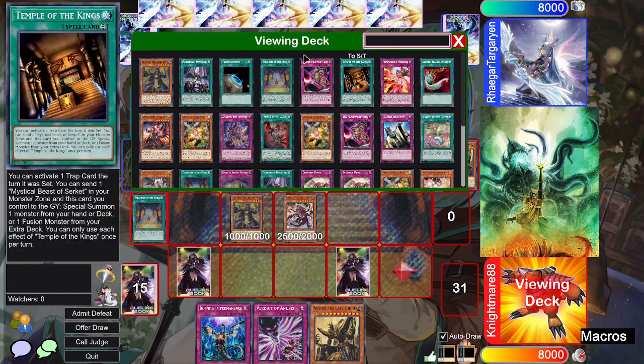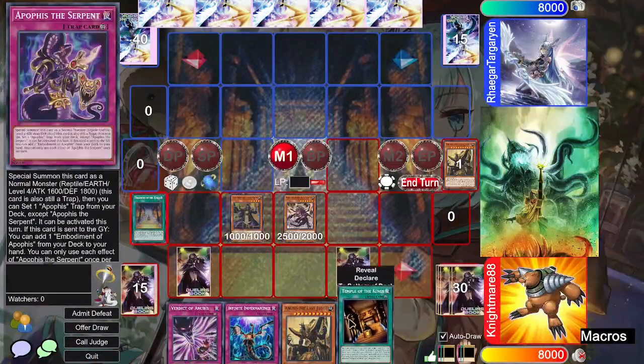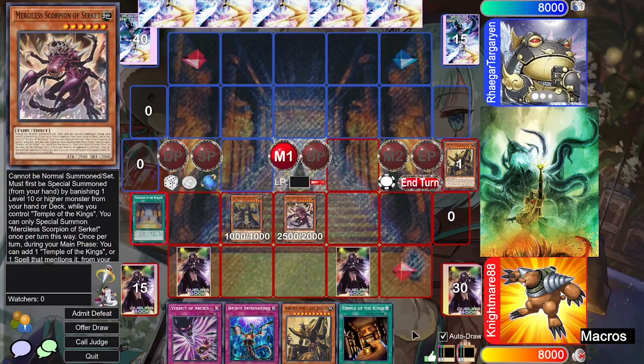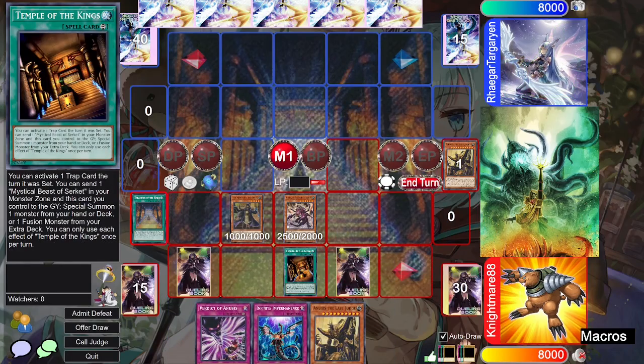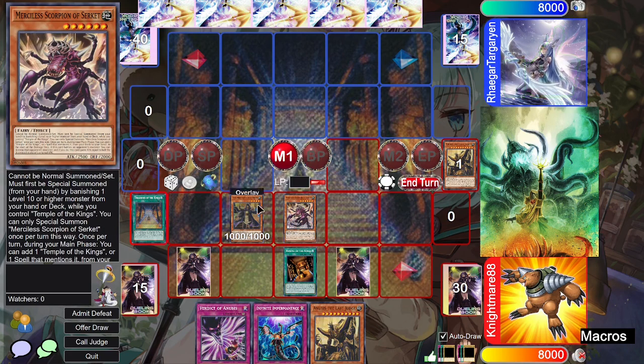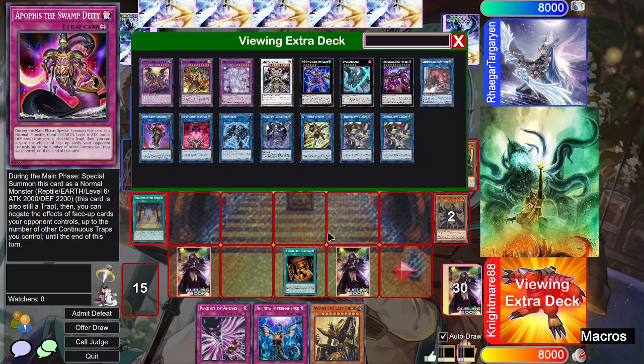Okay, so Merciless is grabbing us Temple of the Kings. We will... Oh, they're thinking on Resolution here. What do you have on Resolution? Why would you not have Drolled? Okay. We'll go Activation of Temple of the Kings. And then we will link these 2 into...